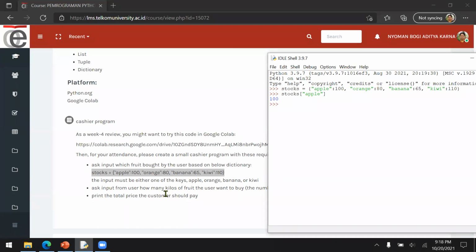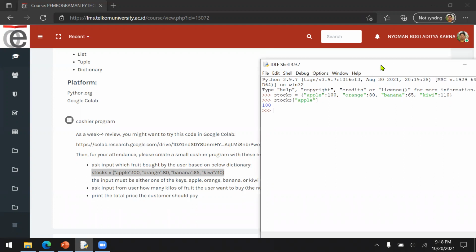So then ask the input whether the user is going to buy apple, orange, banana, or kiwi. So first, which fruit, input, and then which fruit: apple, orange, banana, or kiwi.